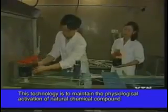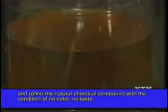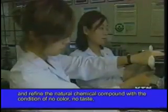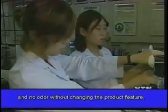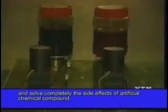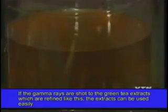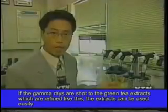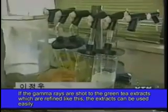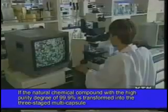This technology is to maintain the physiological activation of natural chemical compound and refine the natural chemical compound to the condition of no color, no taste, and no odor, without changing the product feature, and solve completely the side effect of artificial chemical compound. If gamma rays are shot at the green tea extract, which is refined like this, the extract can be used easily. If the natural chemical compound with a high purity degree of